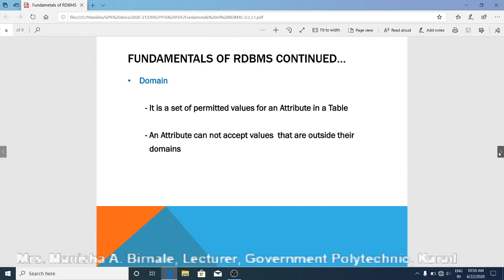An attribute cannot accept values that are outside their domains. So in roll number, if we enter A9, it will not be accepted because it is not an integer. The domain of the roll number column is integer, so it will accept only integer values. It cannot accept values outside its domain.